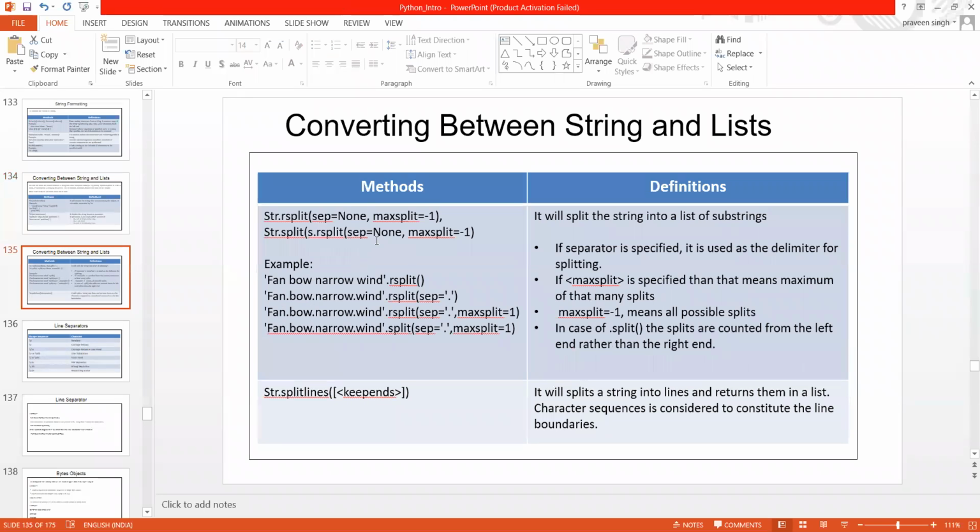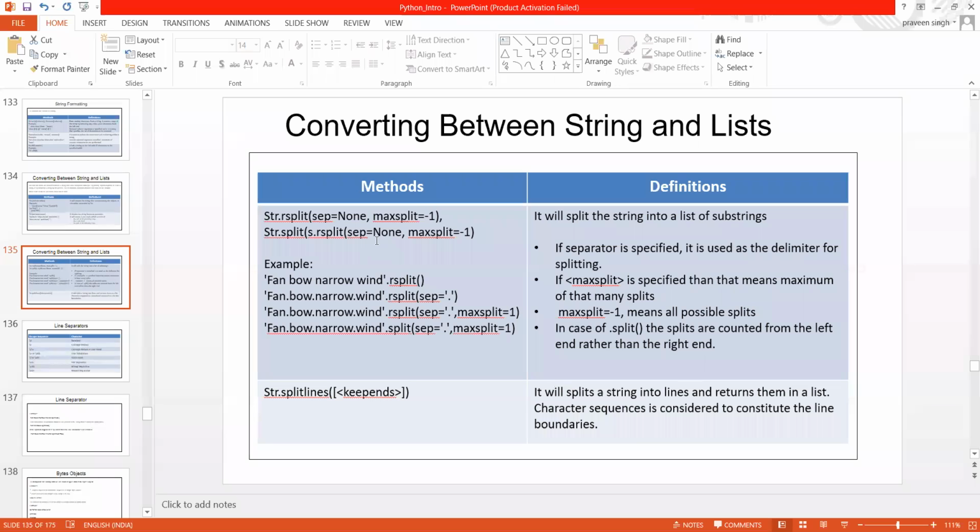Now let me cover rsplit and split. Again, split is a function, or one kind of method, and it has a variant. One is normal split, another one is rsplit. You have to know exactly the difference between the normal split and rsplit.